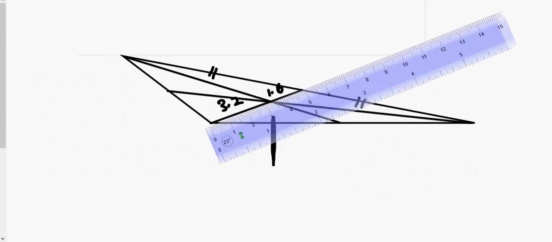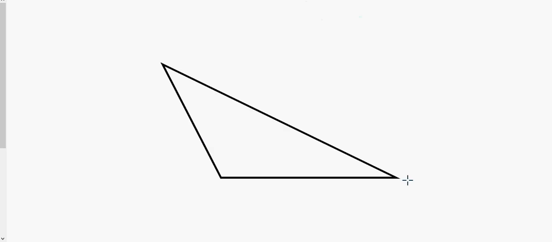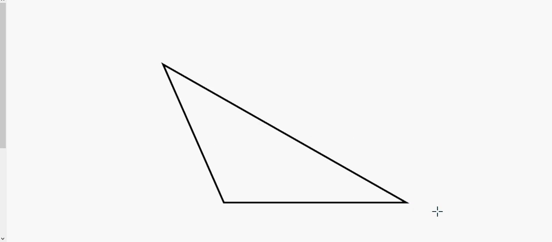Here's how you get a circumcircle. Pick a triangle, any triangle. I'll go for another scalene one. There's a standard scalene triangle. Everybody cool with that? Now, what you do is